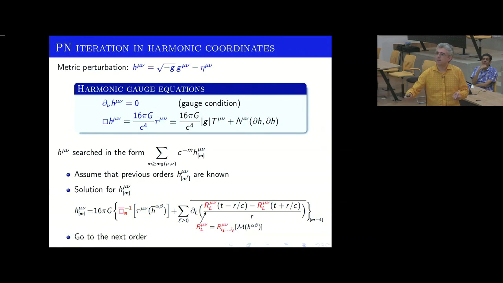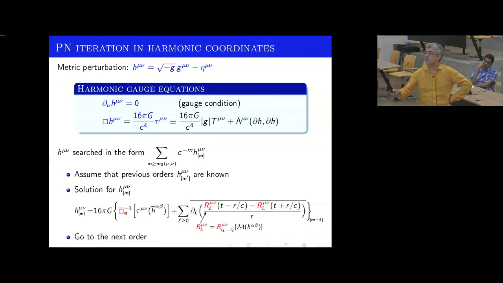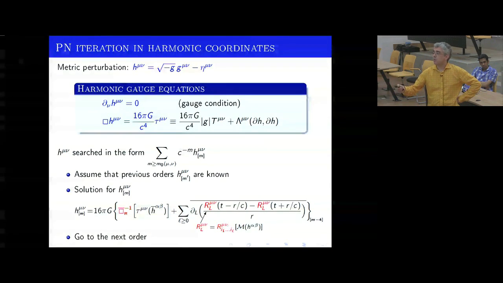But to correct this mathematical error, so to say, we have to add the correct homogeneous solution to the equation, which is given by this term here, where the R here are multi-index quantities. So L here represents L indices, and those quantities are explicit functionals, a bit complicated, depending on the multipole moments